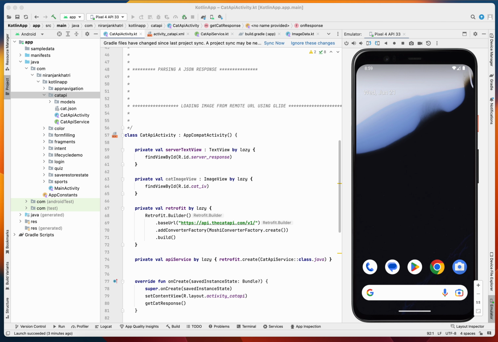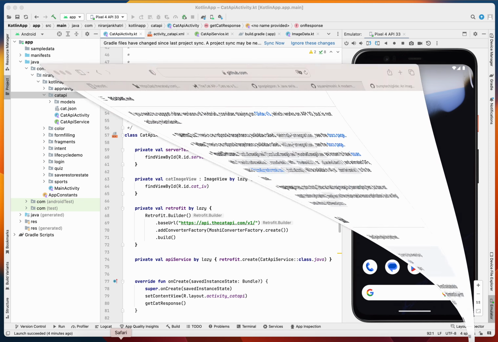Then we need to transform the binary stream into an image. It could be GIF, JPEG, or any other format like JPG. Then you need to convert it into a bitmap instance, and finally resize it according to your screen size so that it uses less memory. Then you apply all these transformations, and finally set the image to the image view. It looks like a lot of work, but we have a very cool library called